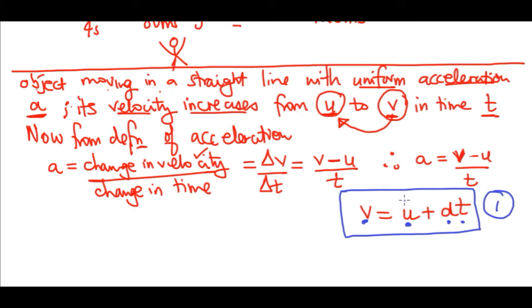The object started at velocity u, accelerated at a in time t. So this at is just the addition of the velocity. Acceleration a means how much velocity you were adding per second. So if per second we're adding a, in the total time t, this at calculates the total velocity that was added onto u to get our final velocity. Straightforward like that. So that is our first equation of motion.